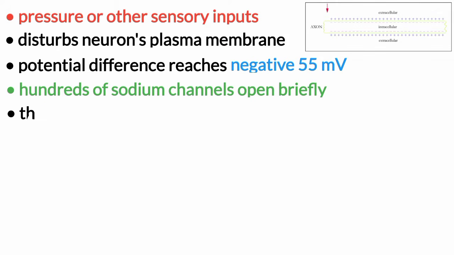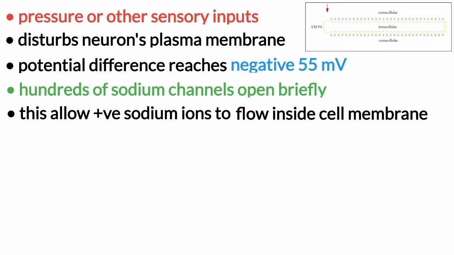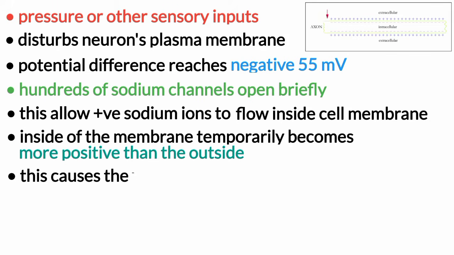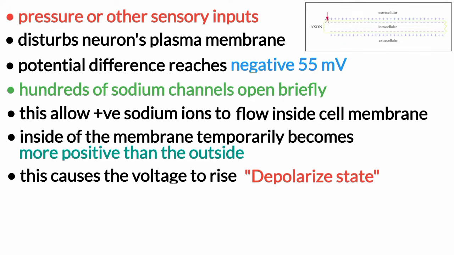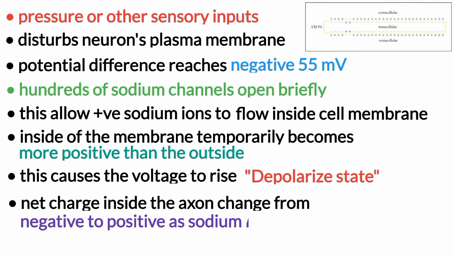This in turn allows positively charged sodium ions to flow inside the cell membrane. Now, the inside of the membrane temporarily becomes more positive than the outside, which in turn causes the voltage to rise. This is called depolarized state. The membrane is now depolarized because the net charge inside the axon changed from negative to positive as sodium ions